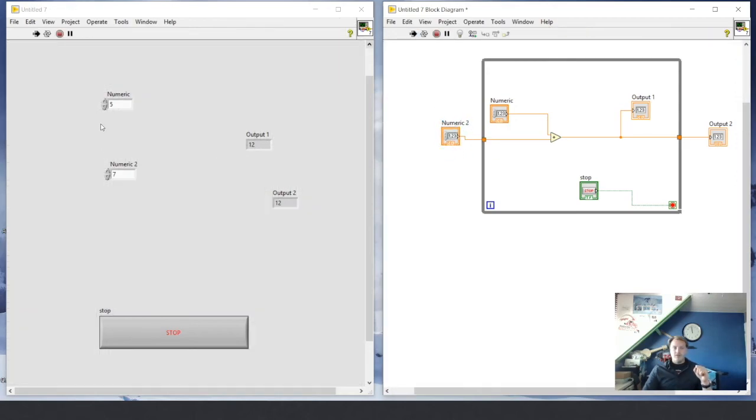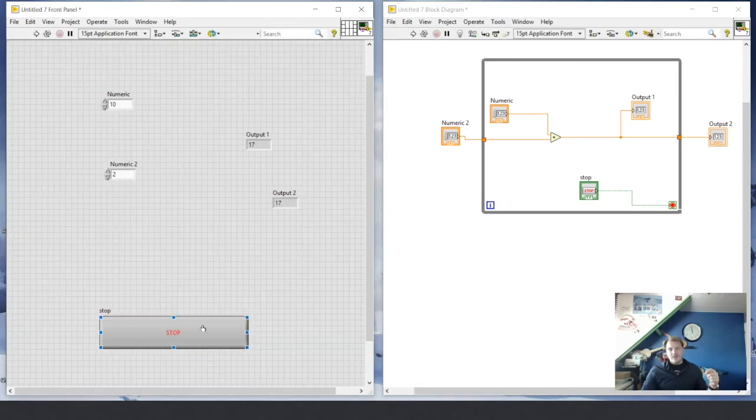If I run my control right now, the loop is already running, so I can change everything in numeric 2, but it won't change this value and it won't change that value. But it will change this value. So my starting value in numeric 2, that's what is constantly added to numeric 1. If I stop it, then we'll get the answers. Alright, so far the loops